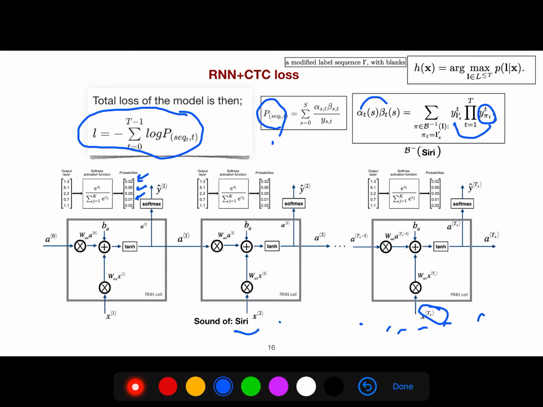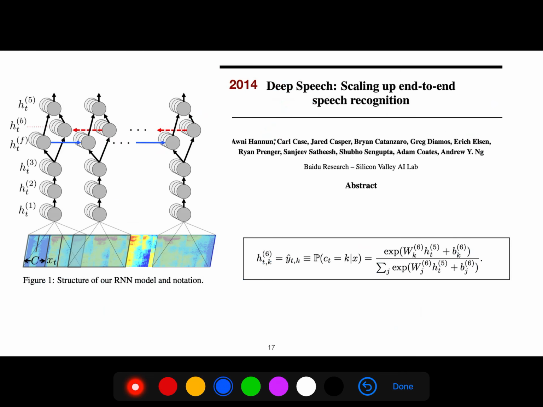For example, you say, hey Siri. So when you say this, it creates the probabilities at any instance of time. And Deep Speech, in 2014, is a very great article that we use, and I've implemented